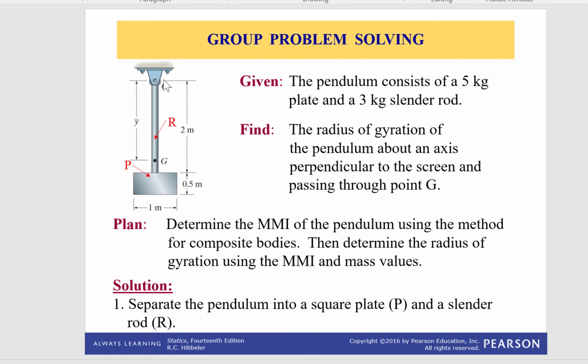The centroid of this structure is somewhere located between G and O, and the way to calculate that is using the composite structure method for masses, where we first locate the centroid of the plate and multiply it by the mass of that plate, with reference, of course, to let's say Y reference, and also we calculate the centroid of the rod and multiply it by its mass,